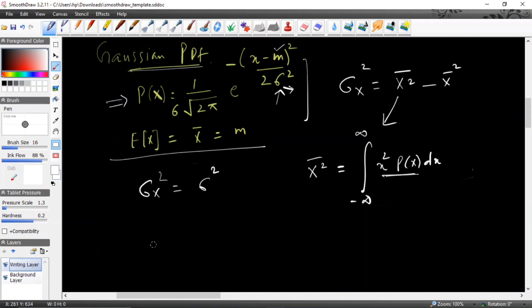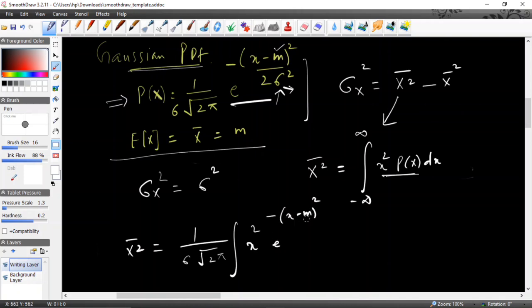So the mean square value will become 1 by sigma under root 2 pi, integration of x square multiplied with e raised to power minus (x minus m) square by 2 sigma square into dx. Then you can make certain changes here, like you replace this variable (x minus m) over sigma